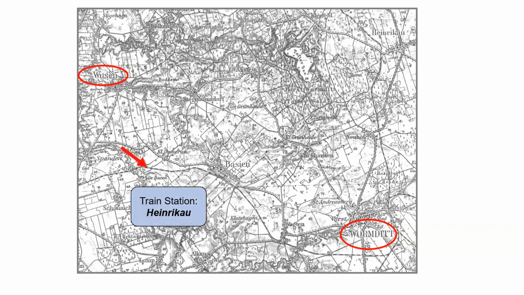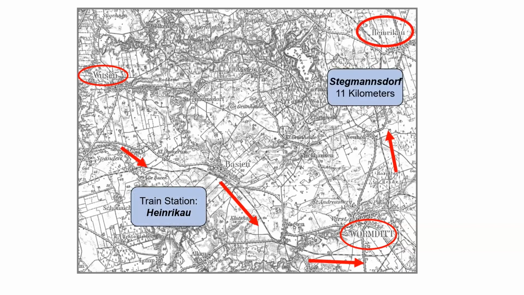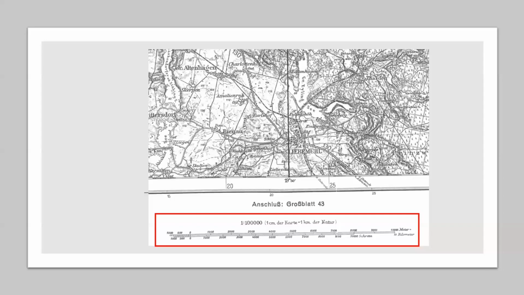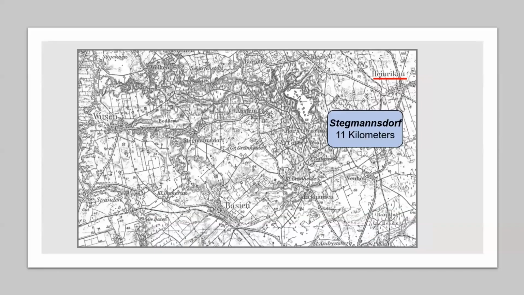This black and white line on the map is the railroad tracks. By following it, it takes us right to Heinrichau. Now we need to find Stegmansdorf, which is 11 kilometers away. At the bottom of the map is a scale in kilometers. We use a piece of paper to measure off 11 kilometers. Going back to Heinrichau on the map, we do a radius search with our piece of paper until we come